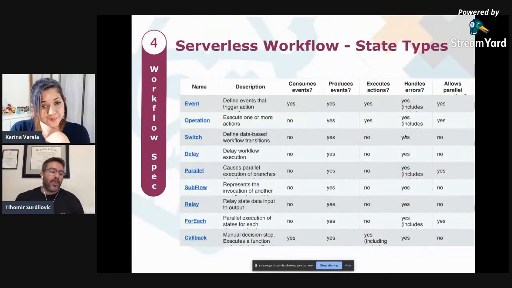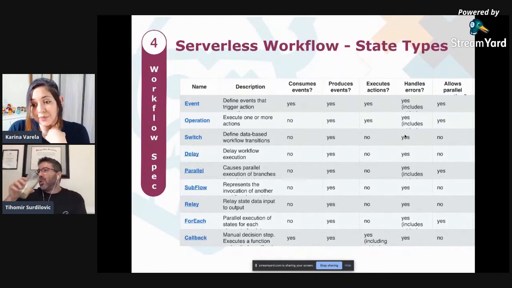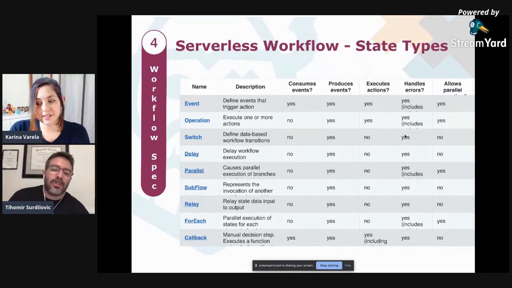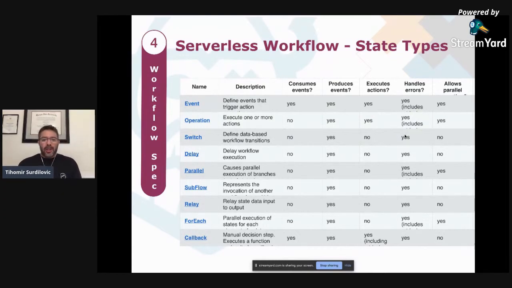Hey, Tiho. Yeah. Will you show later, maybe on your demo or in a slide, how the REST parameters are passed into the services, for example, in a REST URL? Yeah, we'll take a look at a whole workflow definition for the demo. Good, thank you. That hopefully will explain.